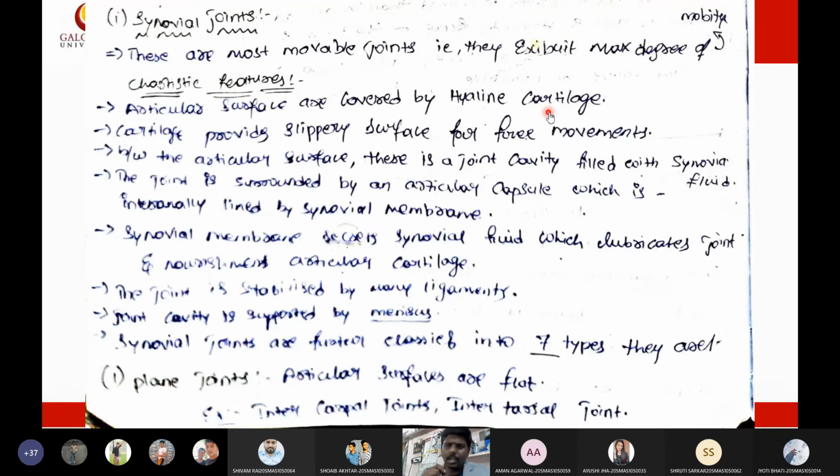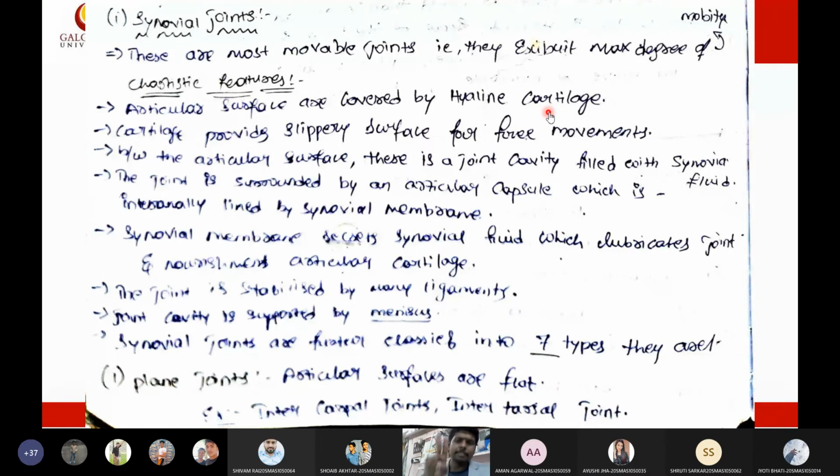And the second one is gouty arthritis. Gouty arthritis means uric acid crystals. Because of an improper metabolic pathway of uric acid or nucleic acid metabolism, these uric acid crystals will be accumulated in these synovial joints. So synovial fluid will be replaced by salt crystals, uric acid crystals. If that happens, the patient cannot move the bone at all, and such a condition is called gouty arthritis.